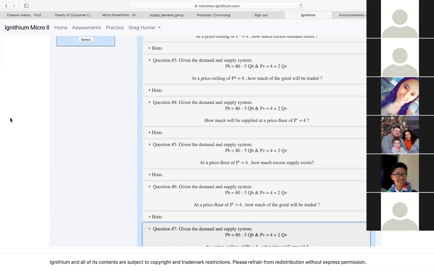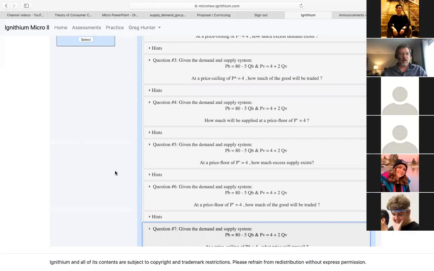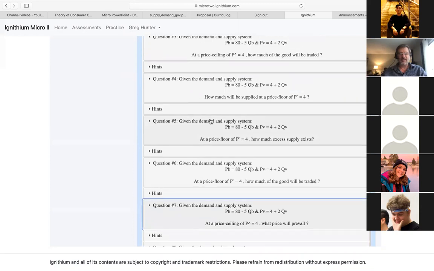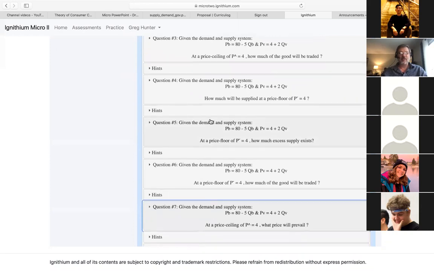Okay. So I think question 4 was for Hannah. And so Hannah, you ready to go? Yes. Okay, so the first question, and it's just a yes or no question. In this case, is the price ceiling binding or non-binding? Or it's a price floor, sorry. Oh gosh, I'm not sure.